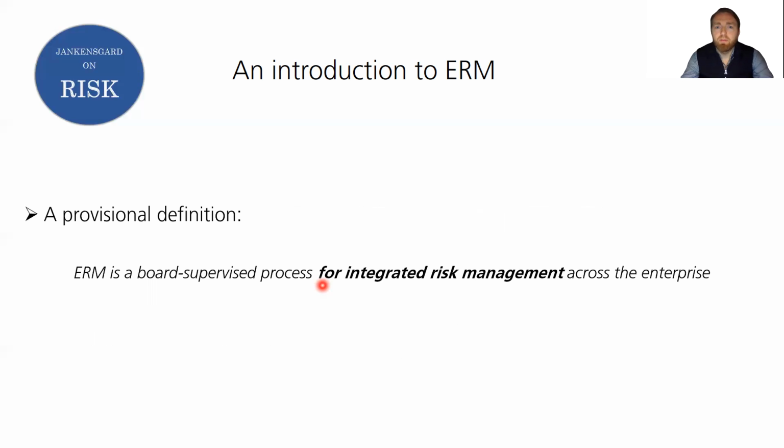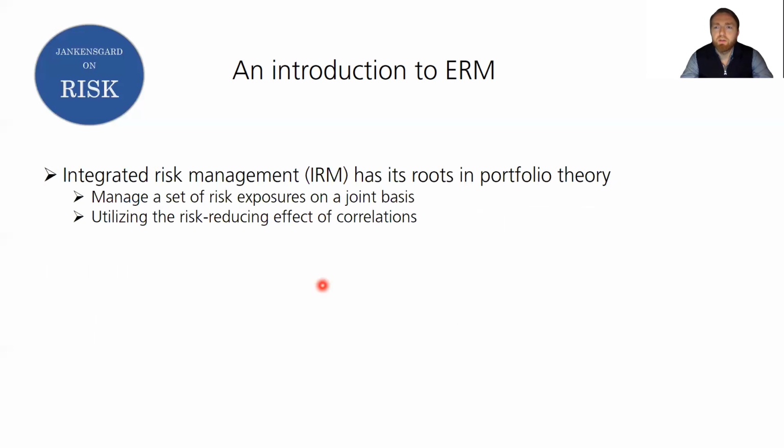All right, so integrated risk management, this goes back to portfolio theory, which was first developed in the field of financial economics. And the idea is to basically pool different assets into so-called portfolios and utilize the correlations. I mean, these assets, or the returns on these assets, I should say rather, are less than perfectly correlated. So there's a risk reducing effect from forming a portfolio of such assets. And